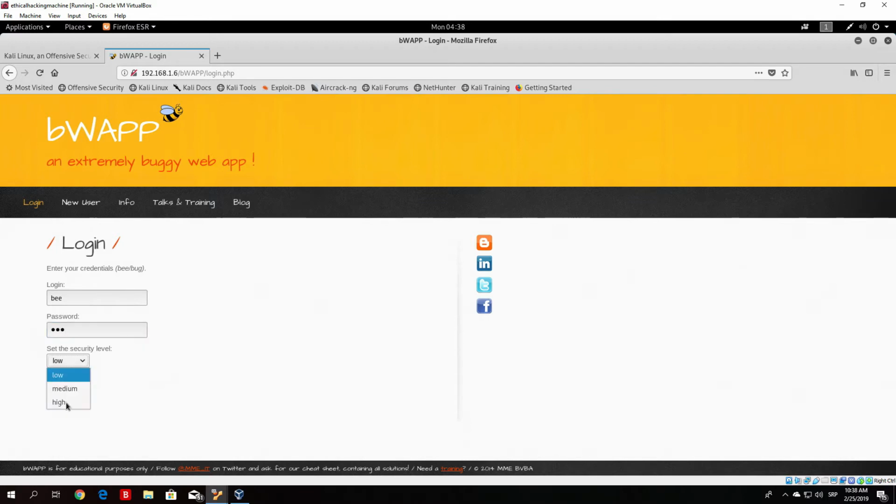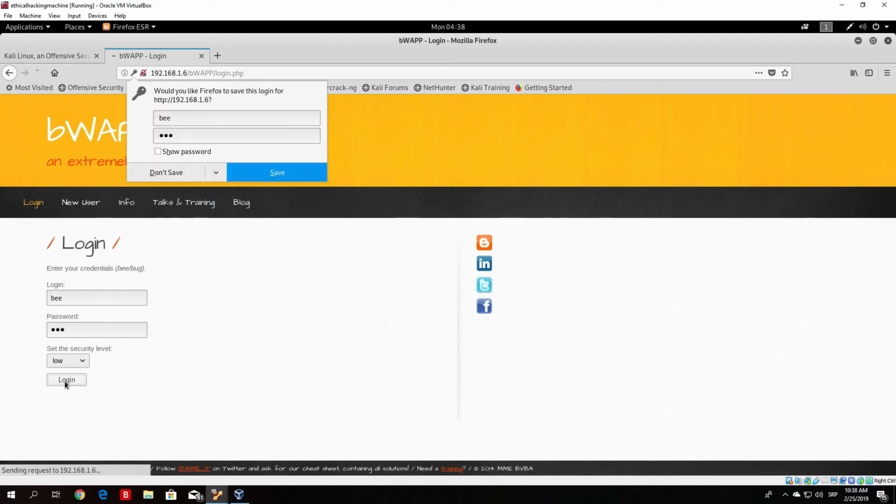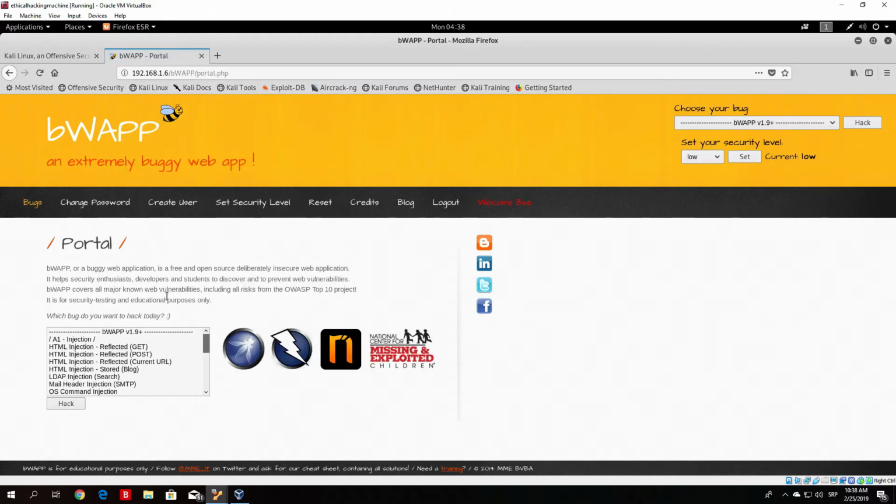Set the security level. For now we will leave it on low, since this is a tutorial video and we want to show you from the beginning how it looks. Once you log in, don't save the password. Then you want to search for the XPath injection search. As we can see right here, we have a bunch of methods that we can use to practice our attacks. What we want to search for is, let me just find it, A1 injection, server-side SQL injection,